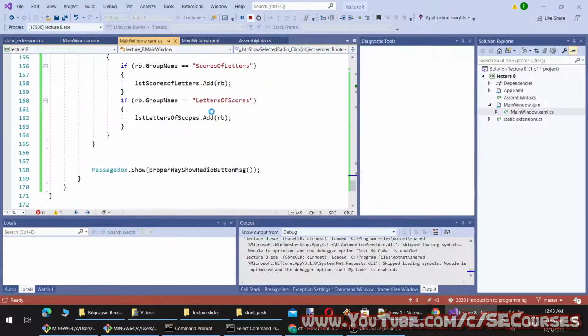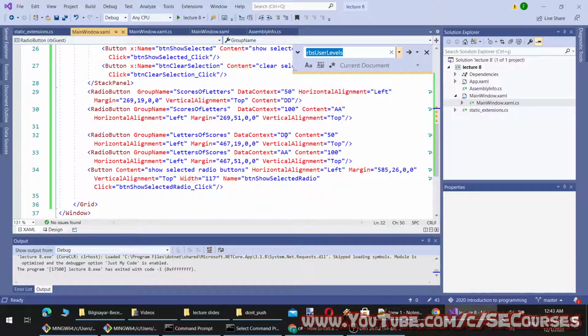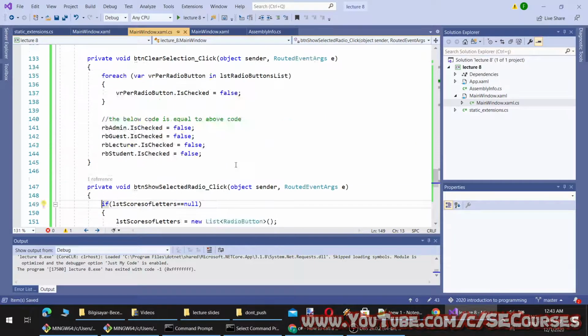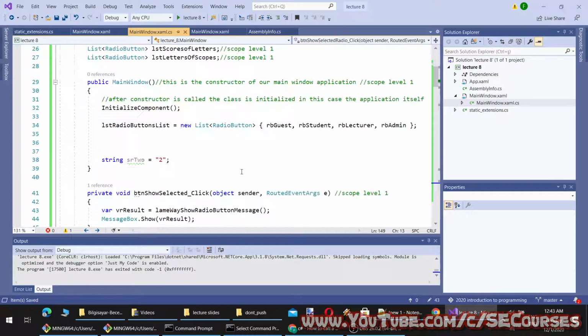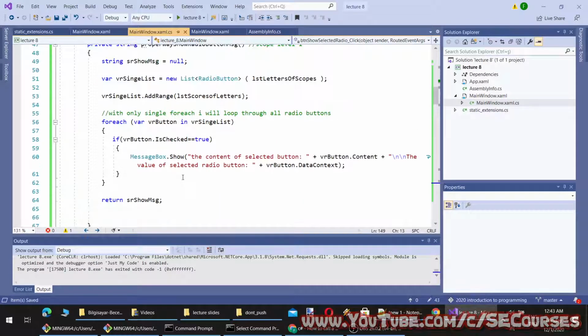Okay, to remove the confusion, let's modify the program a bit more. So let's make this CC and content 60, and let's make this BB and content 70. And if message is null, we will display another message on the message box. Let me show you. Let's check it through.